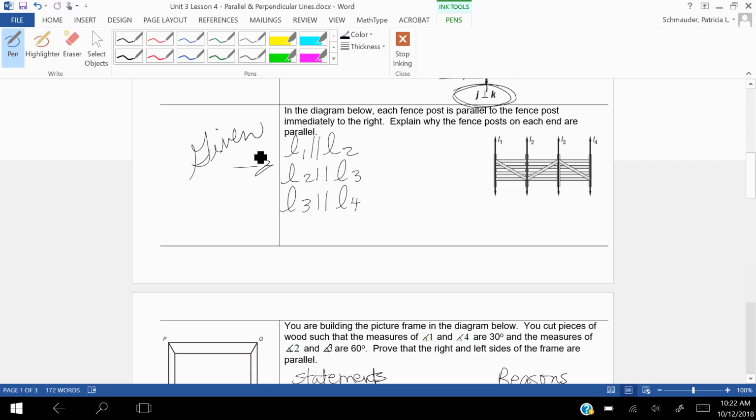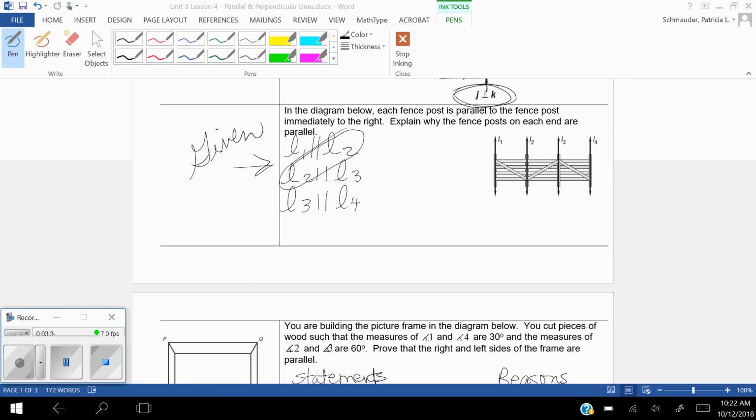So what did I just learn in the theorem? Well, I learned, so look at this, L2 is parallel to both L1 and L3. So by the theorem above, if a line is parallel,